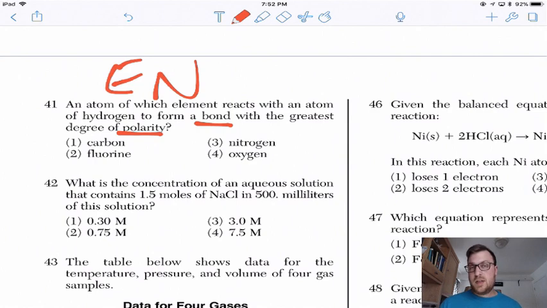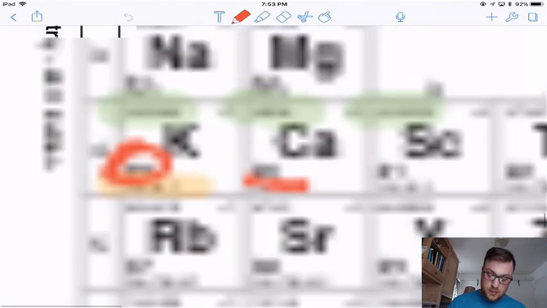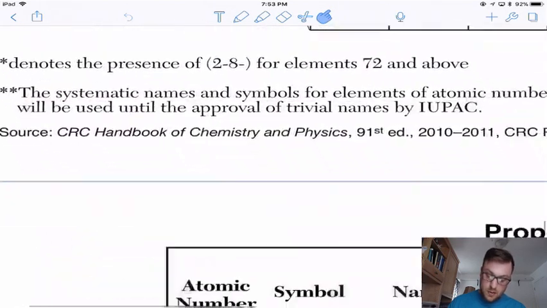Meaning, you want to pick the answer choice of the atom that has the highest electronegativity compared to hydrogen if they're all bigger than hydrogen's electronegativity, or if they were all smaller than hydrogen's electronegativity, you want to pick the one with the smallest electronegativity. And you know where we go for that? Table S. So, carbon,